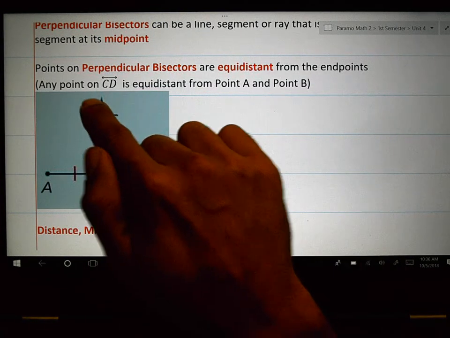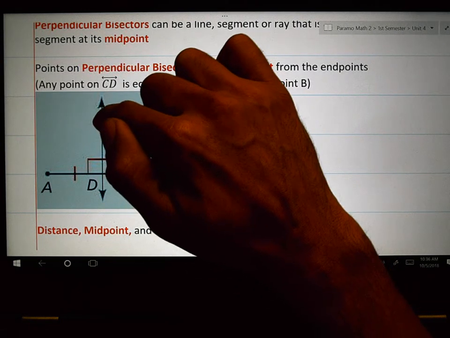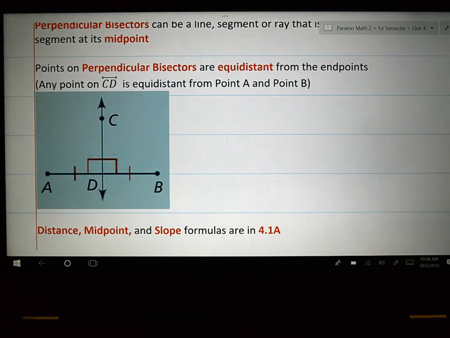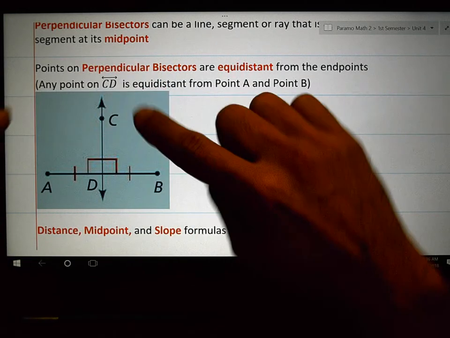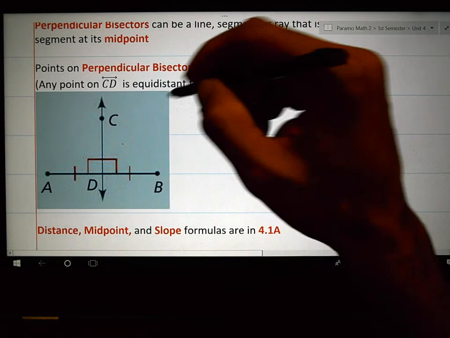Then every single point from point C to the end point B is going to be congruent from point C to the end point A. These two distances are also going to be the same. If I think about it, it's like